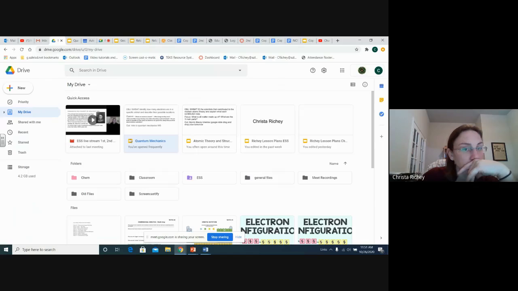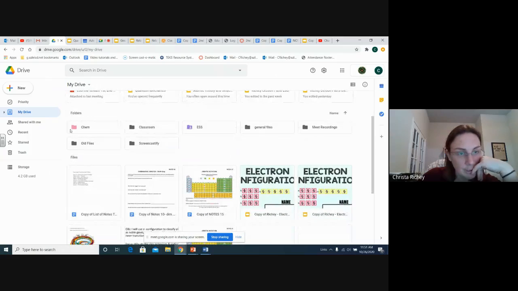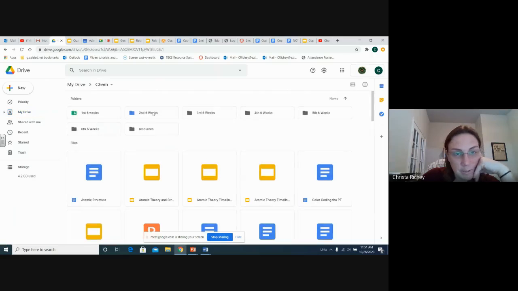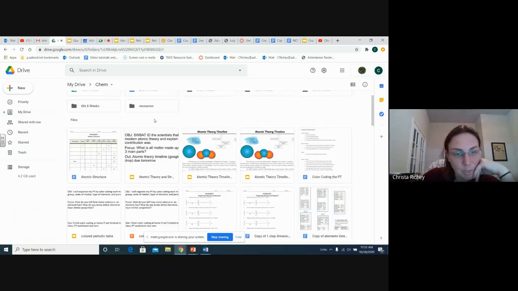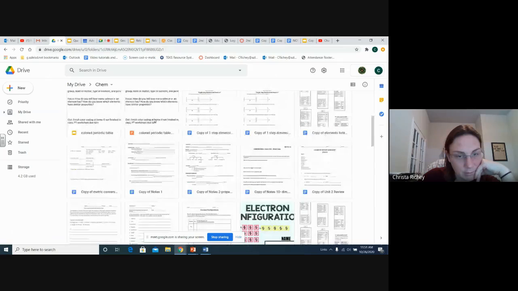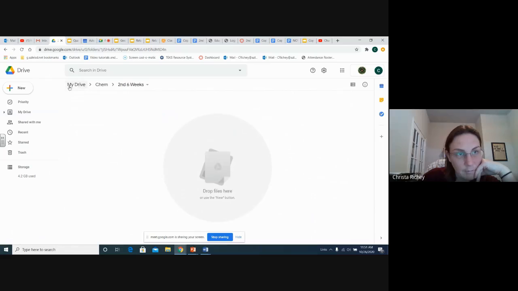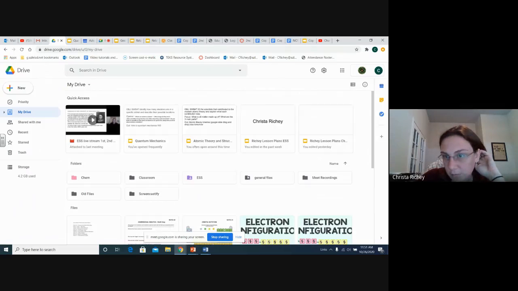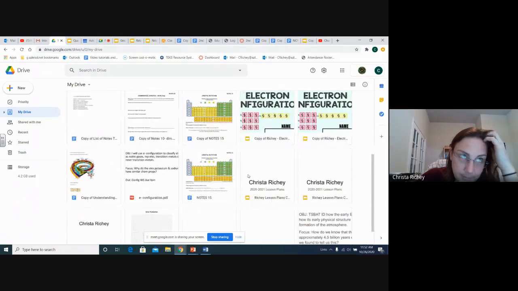So in your drive, if you've not done this, what you need to do is create a chemistry folder, especially those of you that have been doing paper. Within your chem folder, there should be a first and a second 6 weeks tab. In your second 6 weeks is where you're going to drag your notes. Now I use a mouse. I don't right click. And all of these look like they're copies. Let's look and see. Yeah, I haven't organized my chemistry drive. So if we have issues, I can help you with this on